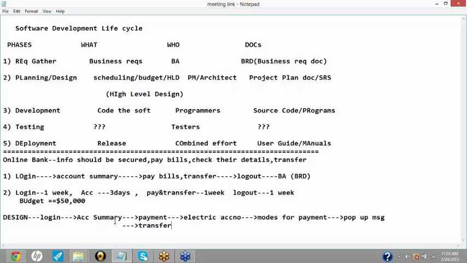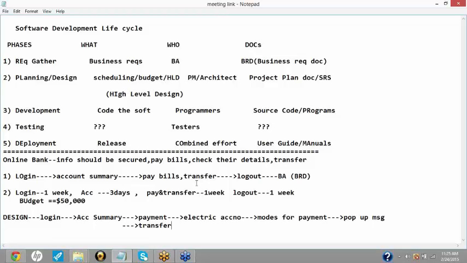And also on each of the pages after the login, the account summary and all these pages, there should always be a link at the top for help. There should also be a link for logout on each and every page after the login, so that if at any point the user doesn't want to continue, he should be able to log out, or if he wants some help, there is a link present. So all these designs are done by your architect.